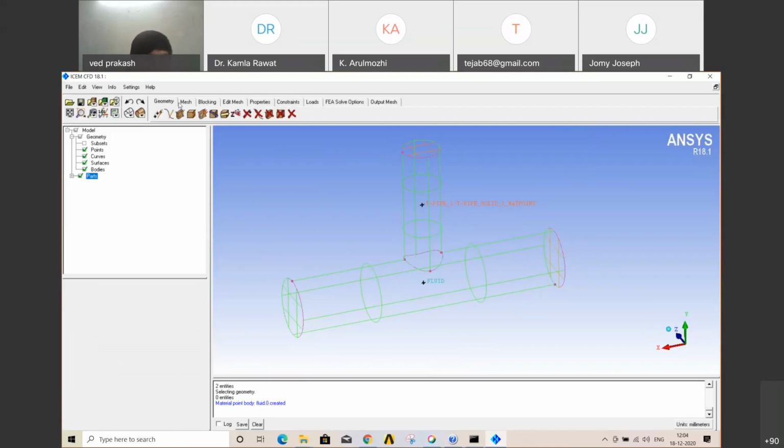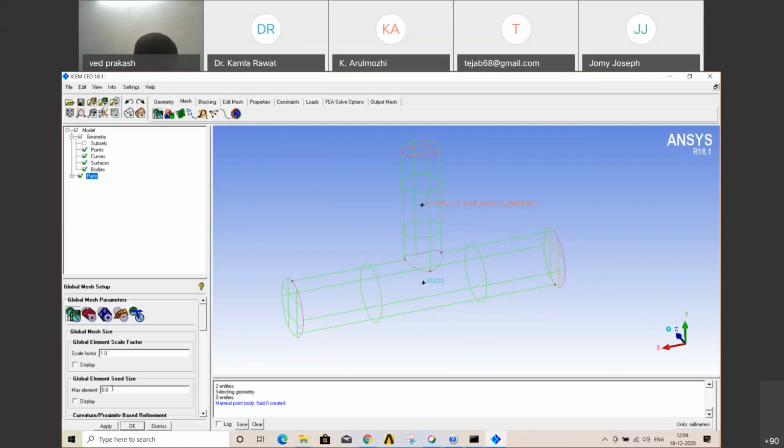Now go for mesh parameters. In the mesh section, the first option is global mesh parameters. Give it some value around, display open, so you can see how it looks. I think this looks quite good, but here you'll get tetrahedrals because it is unstructured meshing. Their mesh was very smooth because of hexahedrals, and mesh quality was very good. Here you won't be able to get that much quality, but it will give you some results.